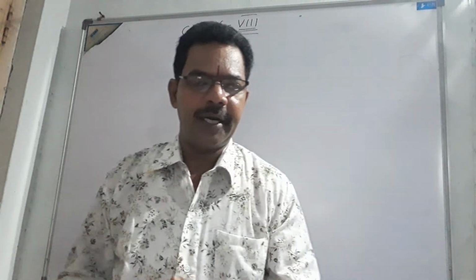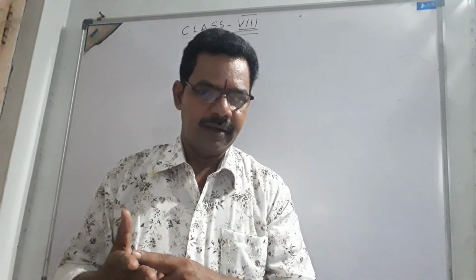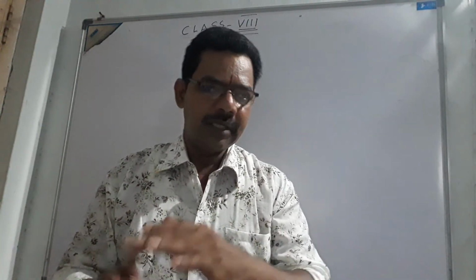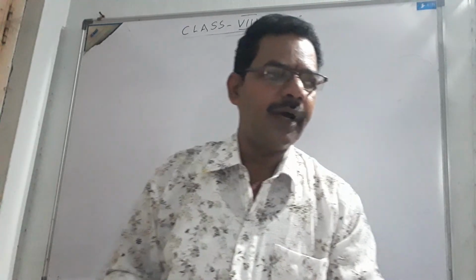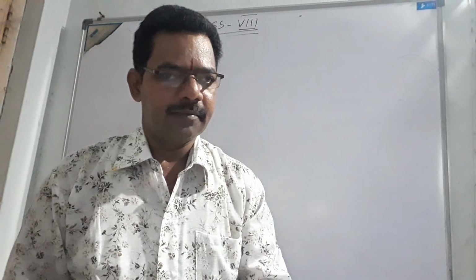Yes children, we completed the associative property under addition, subtraction, multiplication and division. Next properties, in the next video we shall find what is the value of 0 and what is the role of 1, for what purpose we use 1 and 0, and how they act in the set of rational numbers. Okay, after that we shall go for the exercises and examples.